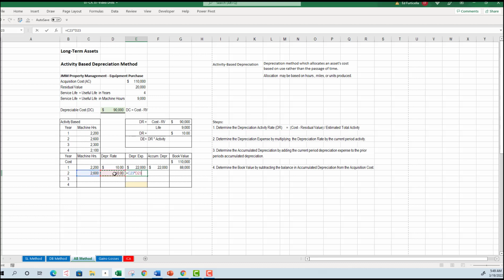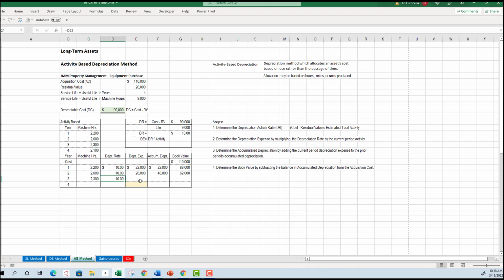To determine our accumulated depreciation, we take the current year's depreciation expense of $26,000, add it to the prior year's accumulated depreciation balance of $22,000, and we get $48,000 for accumulated depreciation. The book value, again, is determined by taking the acquisition cost of $110,000 and subtracting $48,000 of accumulated depreciation to get $62,000. For year 3's depreciation, we take 2,300 hours, multiply it by the rate of $10, and we get